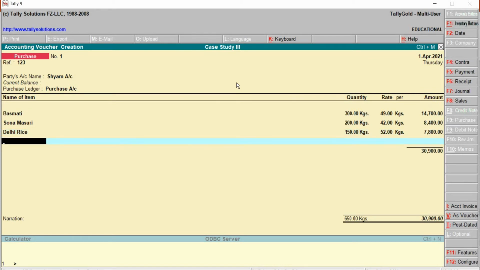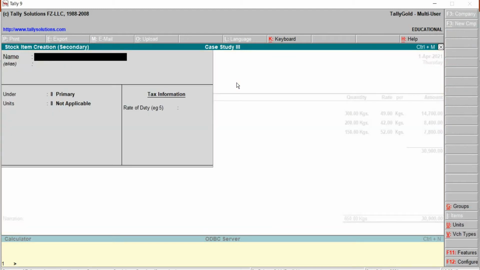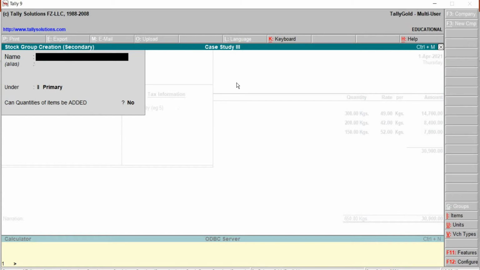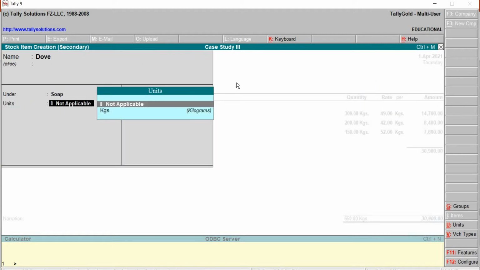Next one is of soap category, soap group. Alt C to create. Dove. Alt C. Ctrl A, save and quit back. This will be measured in the form of numbers, right?